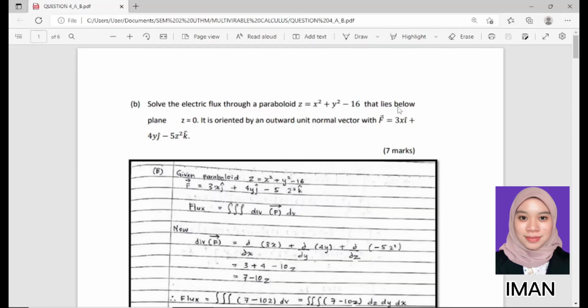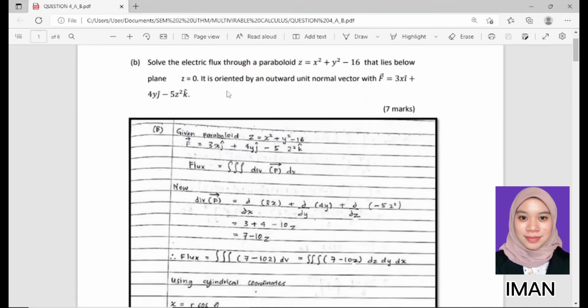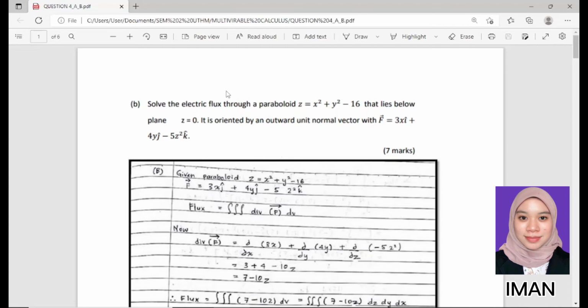Hello, Assalamualaikum. My name is Ahmad Nuraina Fitrasini. My matric number is CE210088. So I will continue the next part, which is for B and for C. So for B,